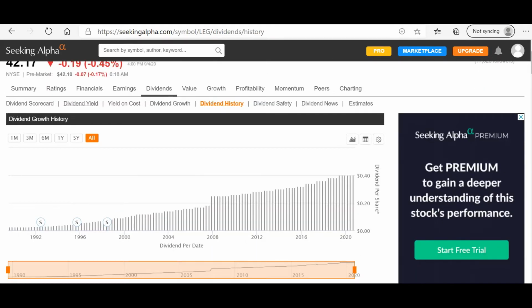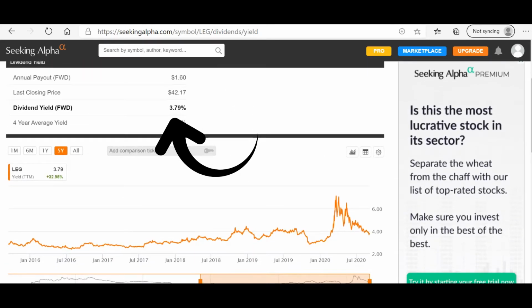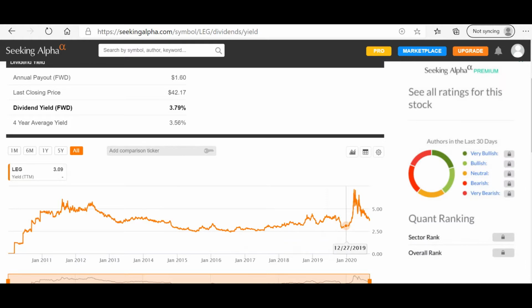Now we'll go to the dividend yield. We can see that the current yield is at 3.79%. Here you can track the yield over the years, what it's been, to see if 3.79% is a good yield. We can see here that from 2014 more or less to 2019, the yield is at 2%, touching 3% sometimes,